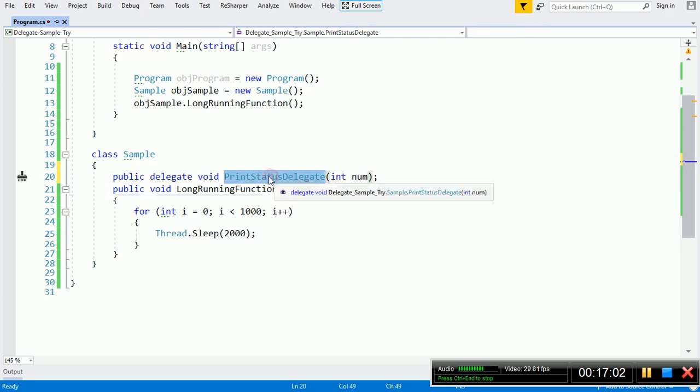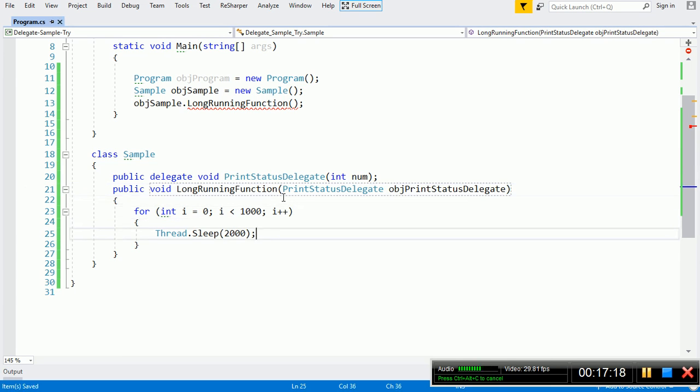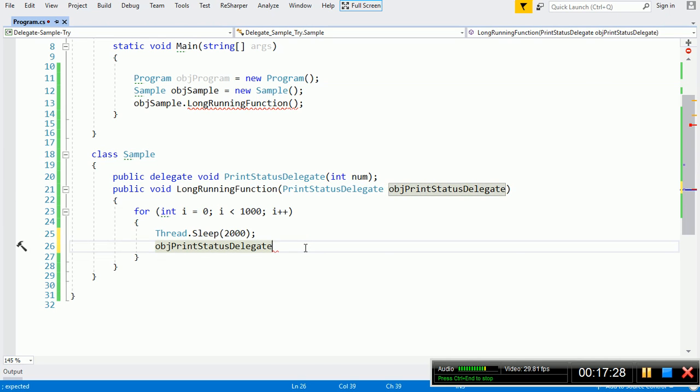And then I will receive the argument of this print status delegate in this function as an object. I will name this object print status delegate, and after suspending for every 2 seconds, I will print the status. I will call this object status delegate dot invoke.